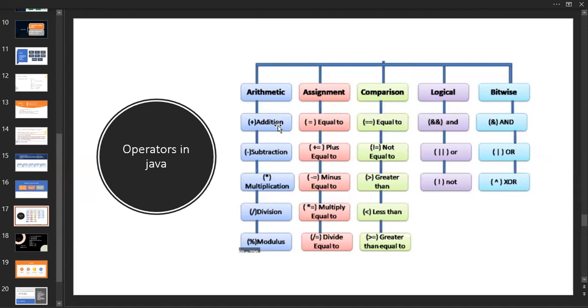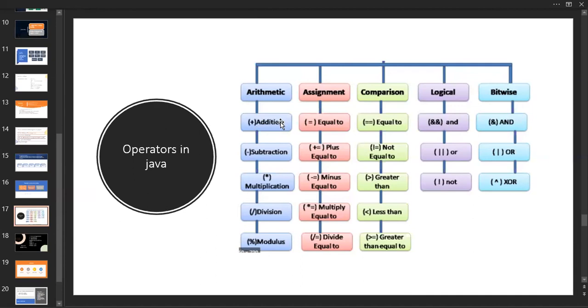What is addition? This addition operator inside a println statement, we already said, is used for concatenation. If there are two strings available, they get attached. If a numerical value is also available, and there is one more string inside a println statement or somewhere else, they get concatenated. Inside the String class, some methods are available for concatenation, but in Java we directly use an operator to add two strings.